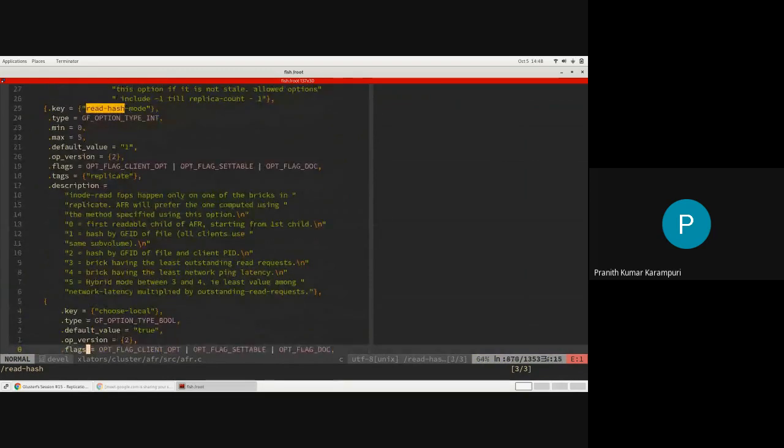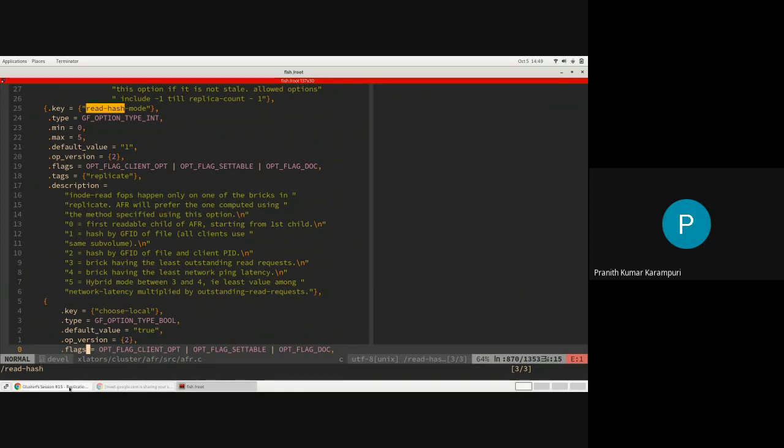One thing we should have done is, instead of these numbers, we should have gone by the names at the time of coming up with this. But yeah, this is what we have done, which was wrong. This is what is used for load balancing between the replicas.